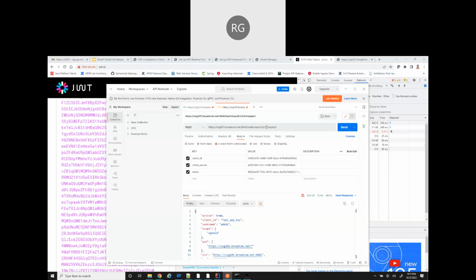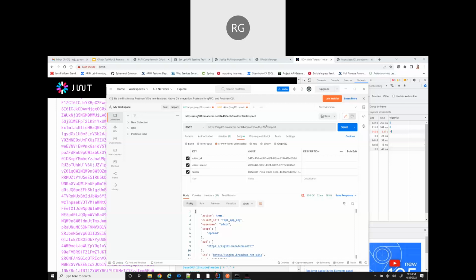It is protected by client authentication, and the client should be in some privileged role. Not every client can access this endpoint. It is really meant for the resource server to introspect the token, or certain clients that want to